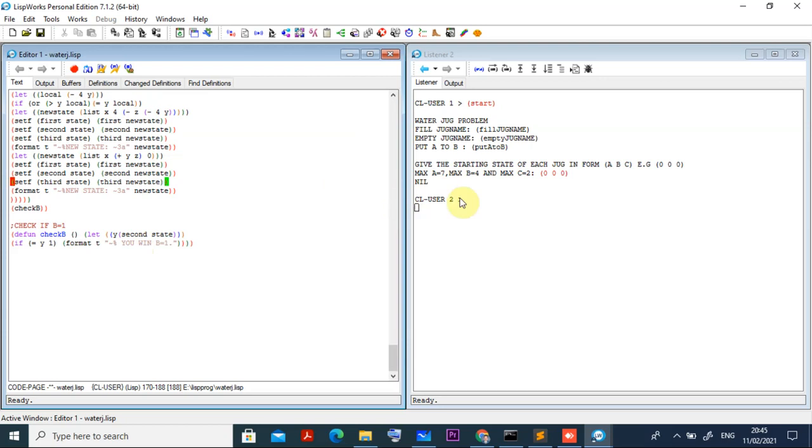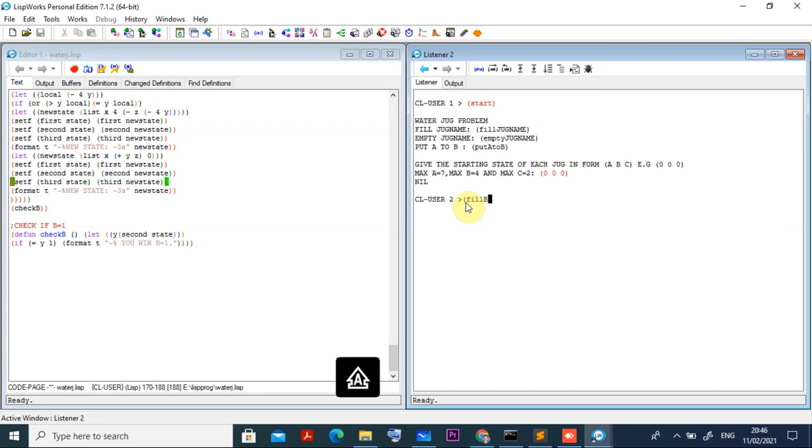Now here I have done this one, this is 0 0 0 0, right? So now what I have to do, then fill B. Okay, then the command I give it here, fill, capital B. Okay, fill B, I put it here.